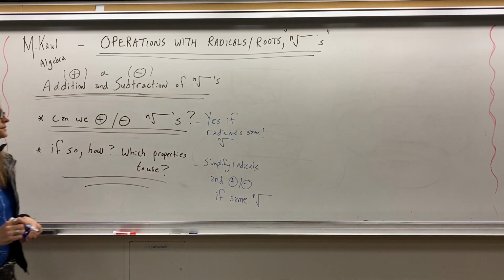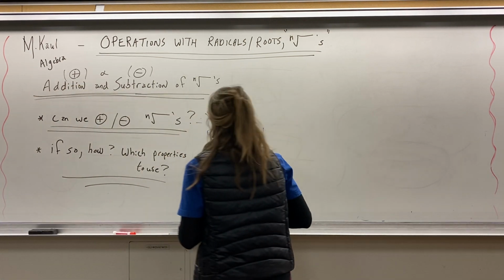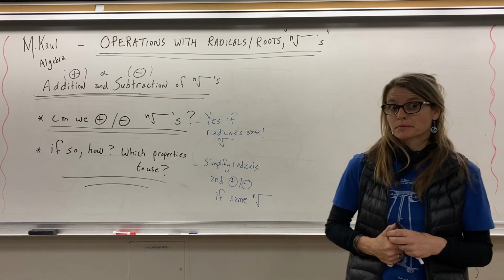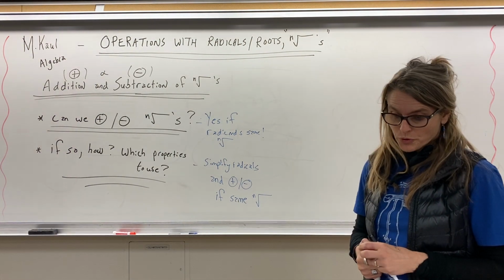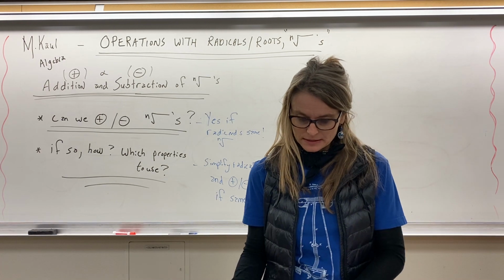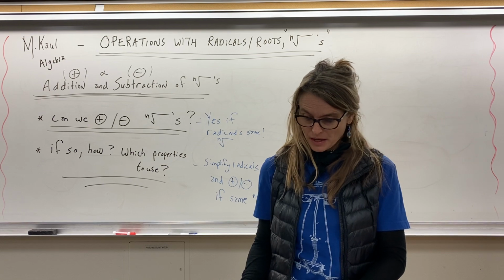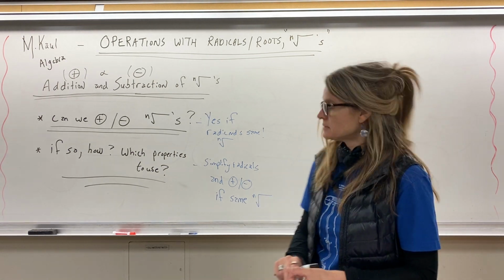Okay. So those are the basics that we are looking at here. So we can add radicals. We'll add them like terms, just like we know how to add and subtract like terms. Well, the same holds with roots. The roots just have to be exactly the same, and whatever is underneath the radical has to be exactly the same. So the main rule is,